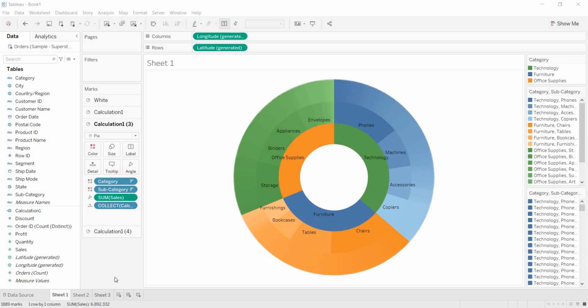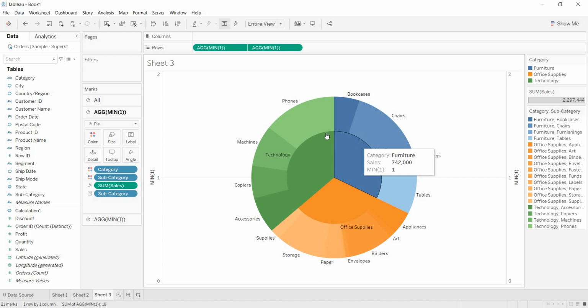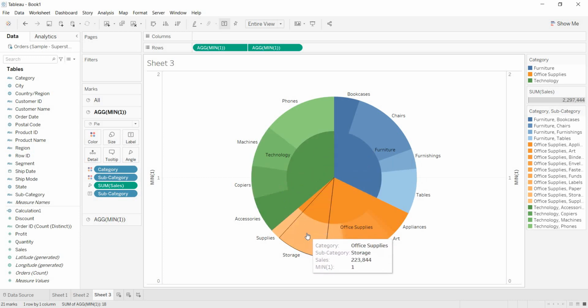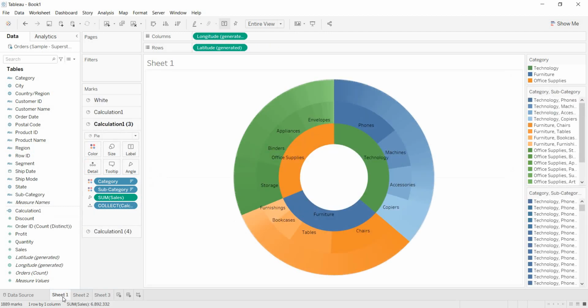In general, when we are showing a donut chart, a layered donut chart can be done only till two levels. One is by taking category and the other by taking subcategory. This is a two layered donut chart. But here we are able to show clearly, first, that we can show this as a donut chart, and second, that we are able to show layers of the donut chart.